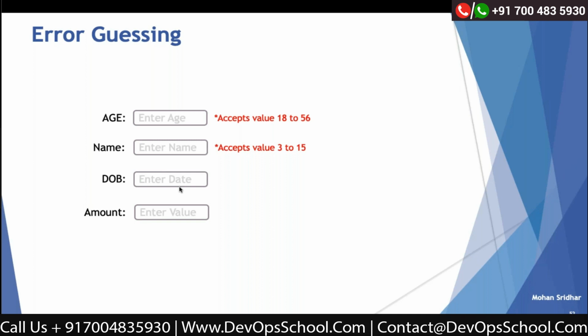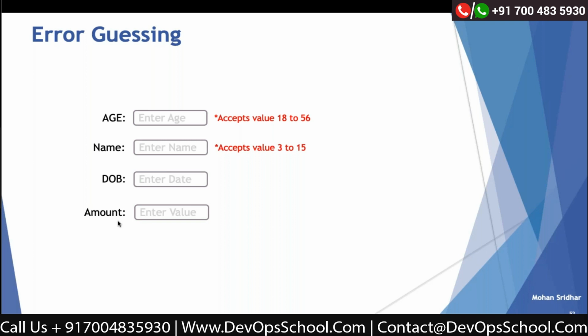January, March, a few months have 31 days. When it comes to February, it has 28 days, and in a leap year it has 29 days. So whenever the calendar is implemented, you make sure that the leap year has 29 days or not. Based on your experience, you should be able to predict some errors.